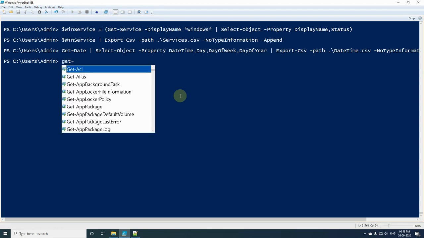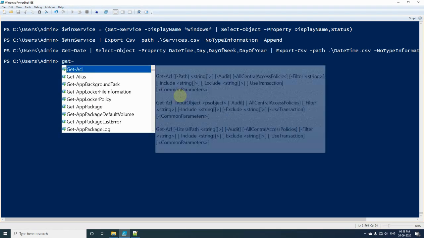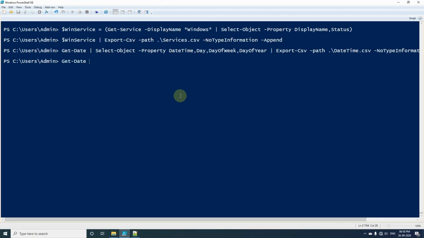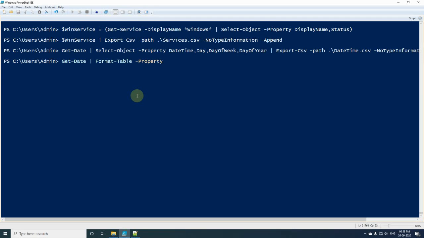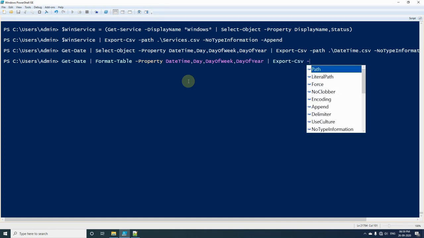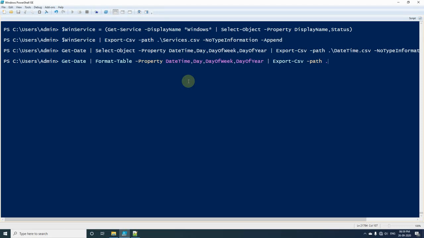So again we will be using the same commandlet called get date, and this time instead of select object we will be using format table, and in property we will specify the same thing we had used for select object, and again use export CSV, and in path specify F date time.